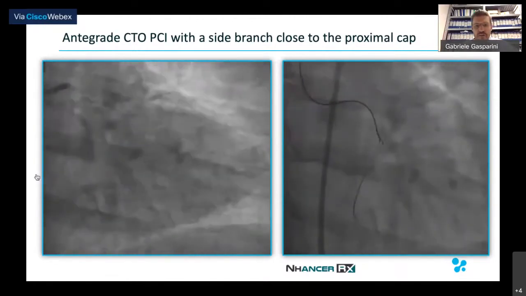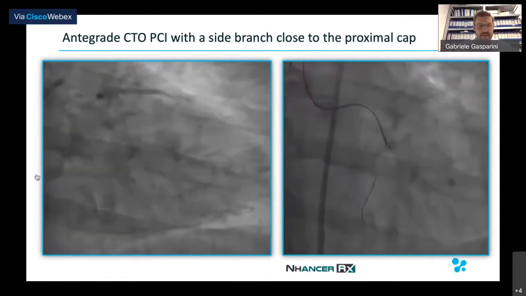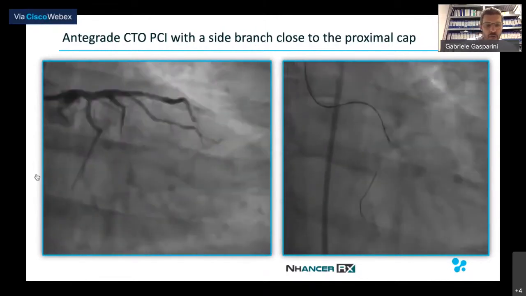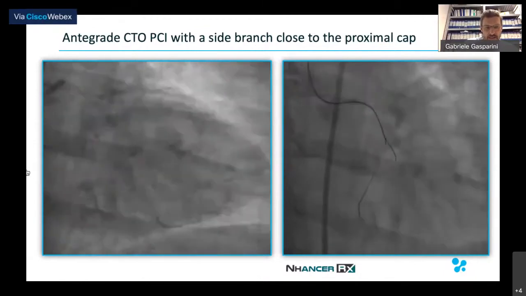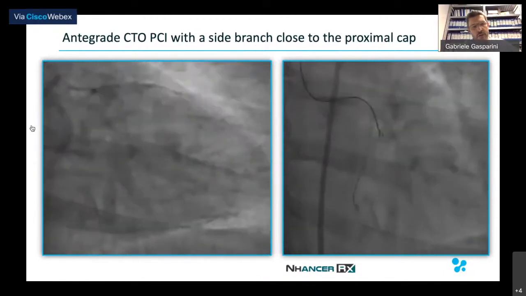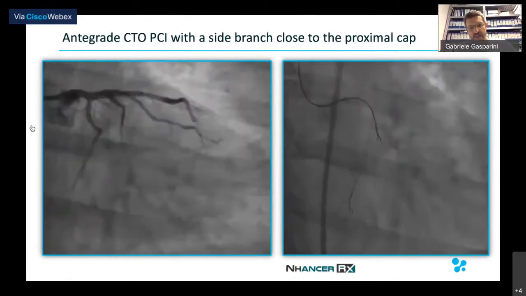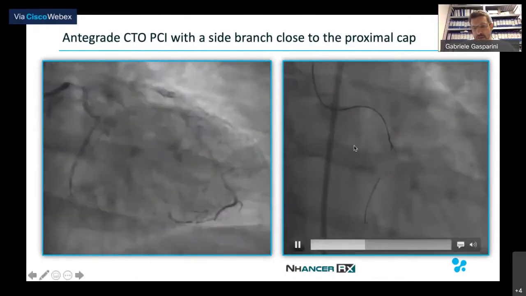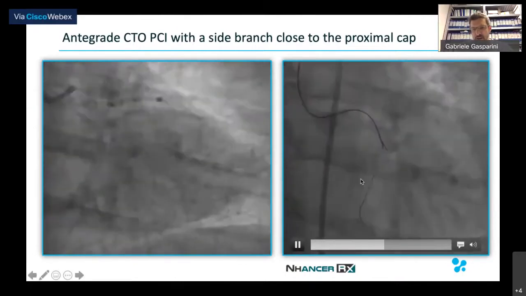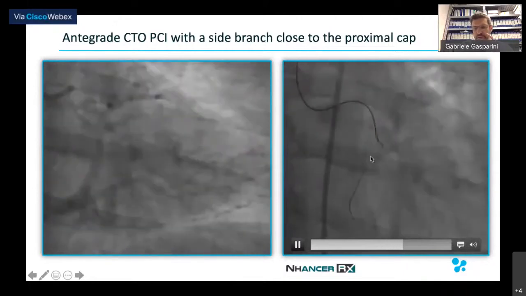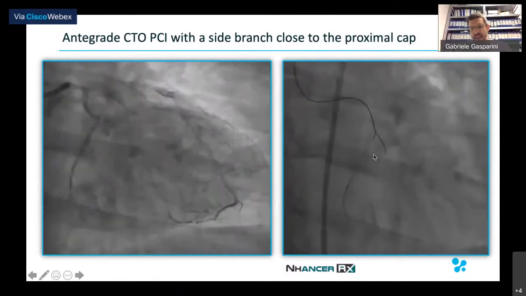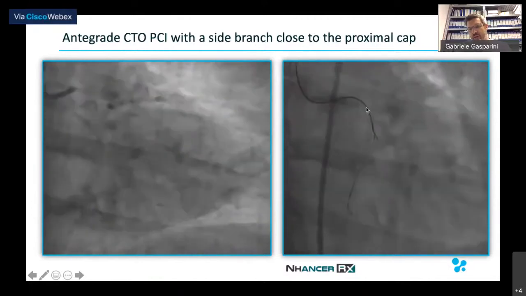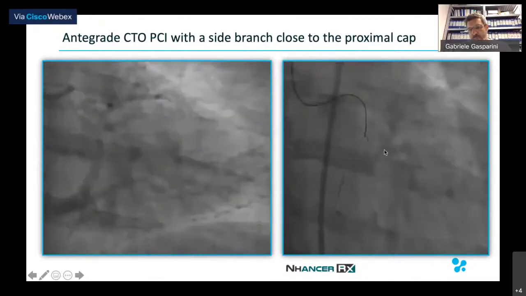Then you have the lateral exit port that is the exit port of the over the wire. So once you advance the dedicated CTO guide wires, you are using the lateral exit port, like in this case on the right side. So this is a standard workhorse guide wire that was advanced in this left circumflex, and then we advanced it to the over the wire lumen